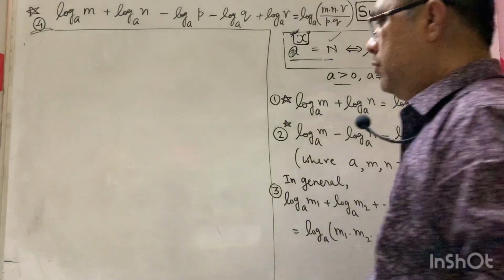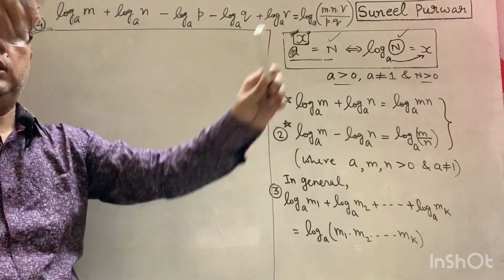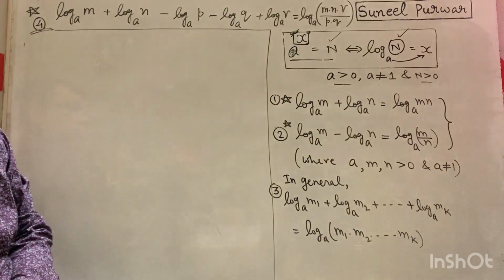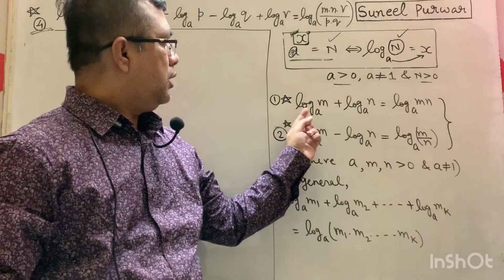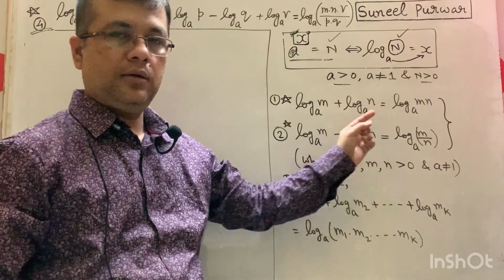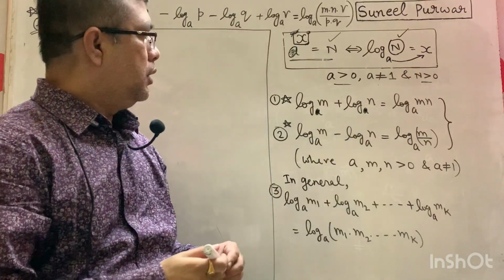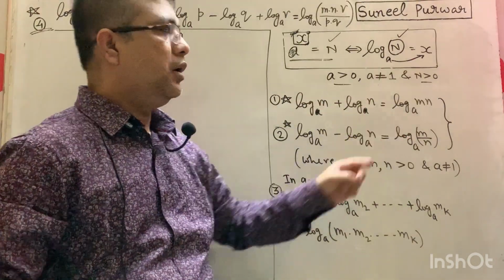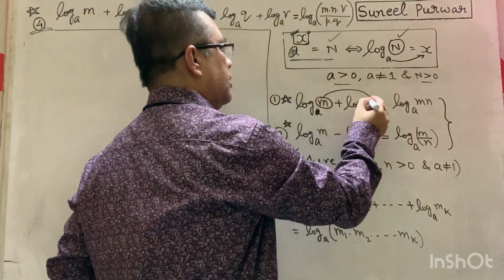Now here I have listed two very important properties of logarithms that will be required several times in logarithm questions. What do these two properties say? First property says if you are having log of m to the base a and log of number n at base a, both logarithms are to the same base, then the sum of two logarithms, so log of m plus log of n, will become log of the product of these two numbers. The numbers whose logs you are taking will get multiplied.